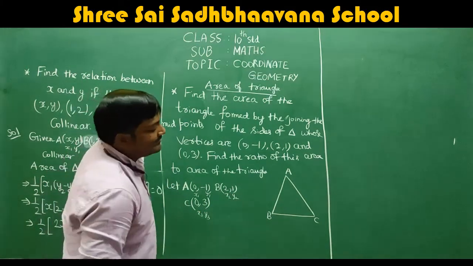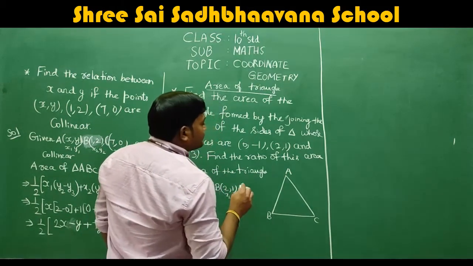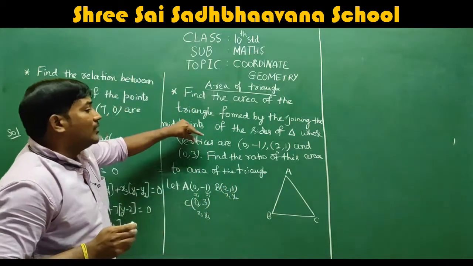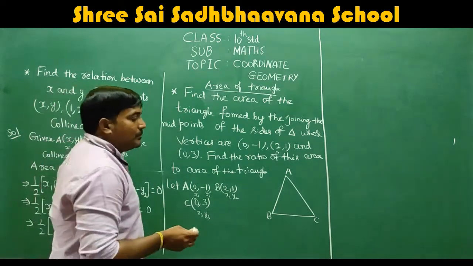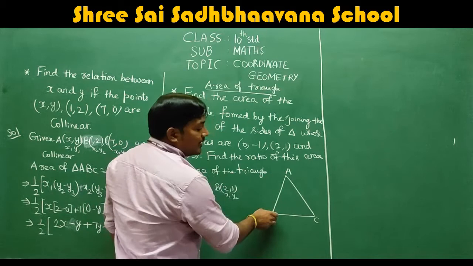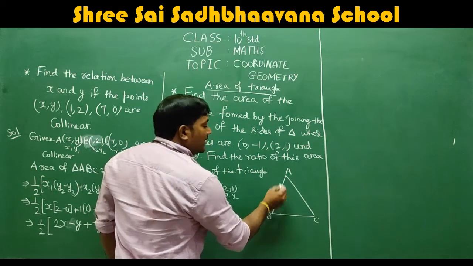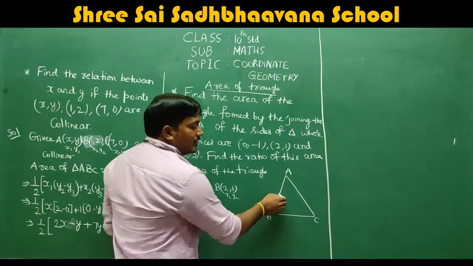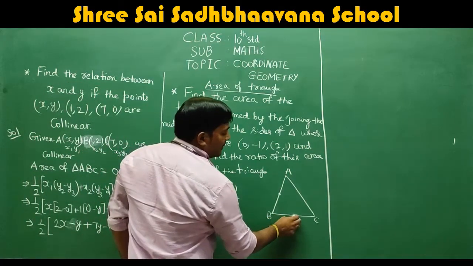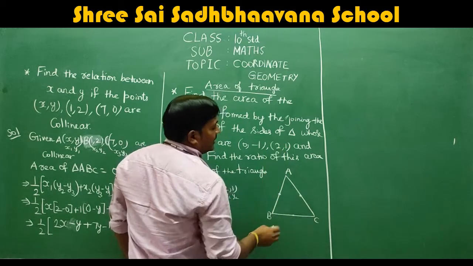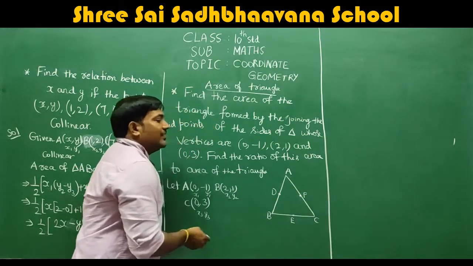Okay? So we assumed ABC are the 3 vertices, and now they are asking for the triangle formed by joining the midpoints of the sides. What are the sides? AB is one side, BC is another side, and AC is one more. So what is the midpoint of AB? This will be the midpoint. Correct? What is a midpoint? The point which is in the middle, and we already discussed one formula related to the midpoint also. Here the midpoint of BC, here the midpoint of AC. This I'll name D, this point I'll name E, and this I'll name F.